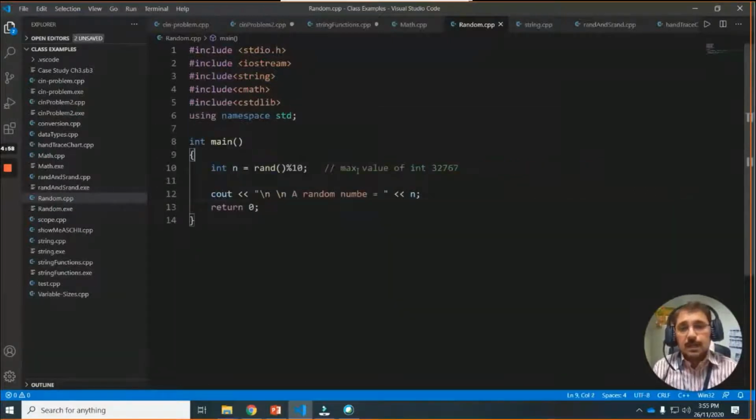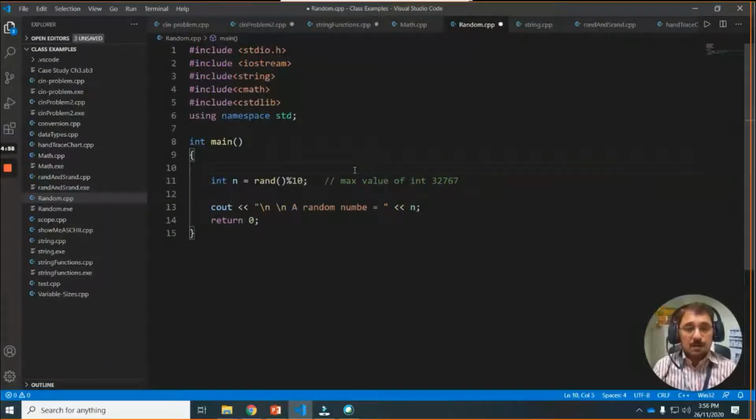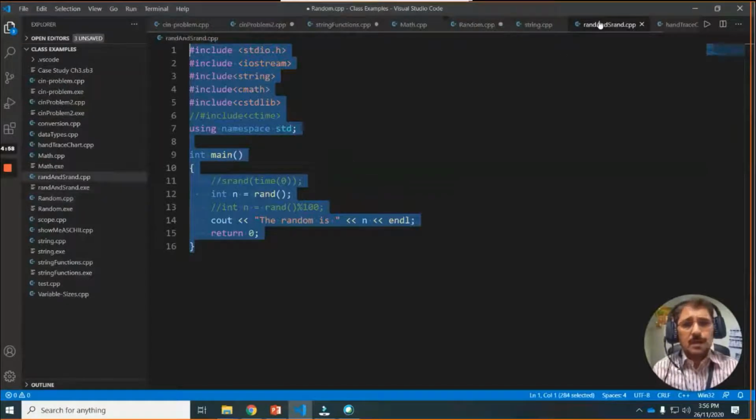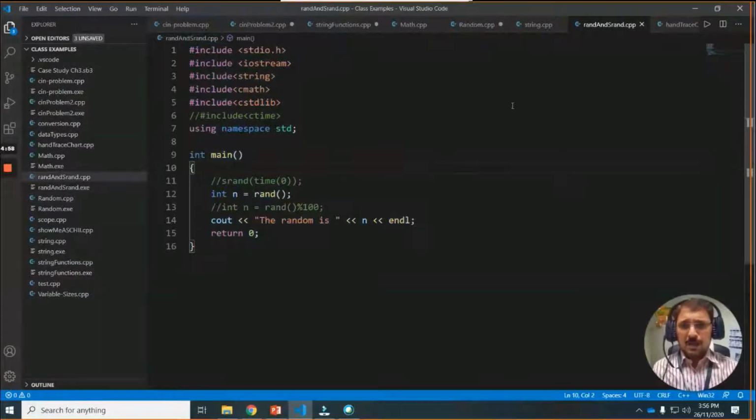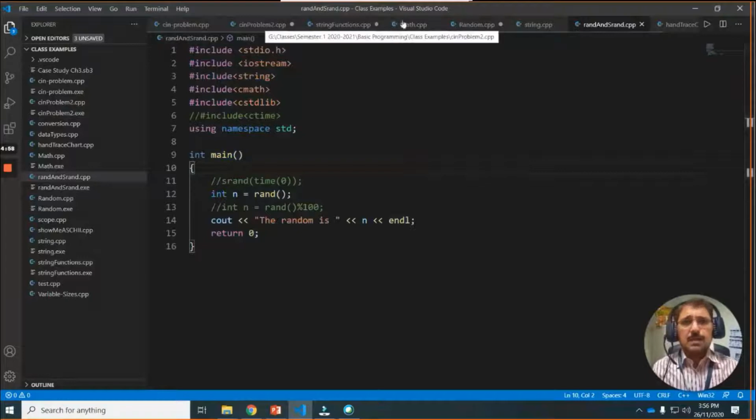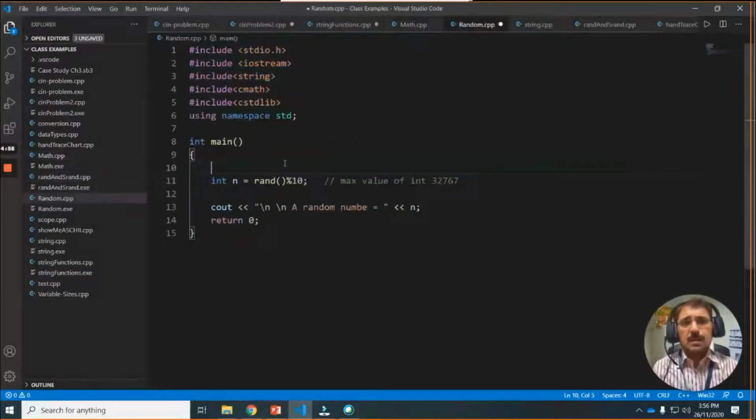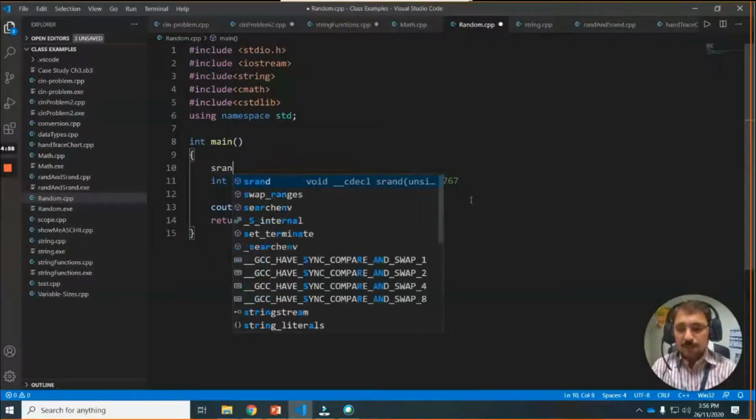So the reason is that if you want this randomness, then we need to introduce srand. Okay, the srand function, and that one is like this. Yeah, we will introduce srand.